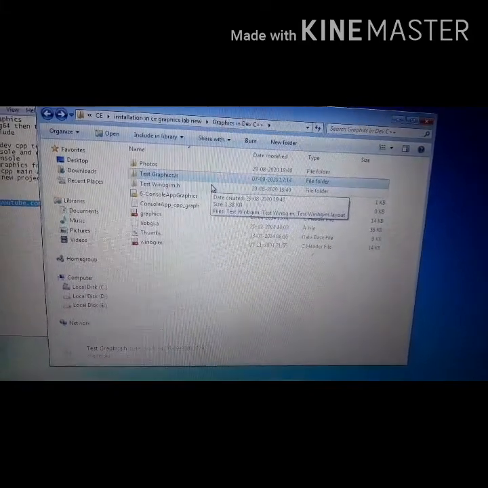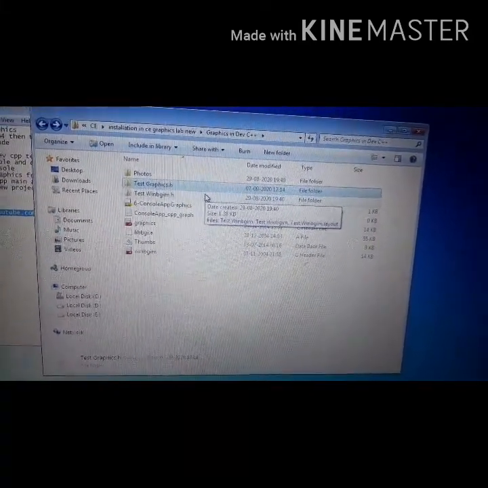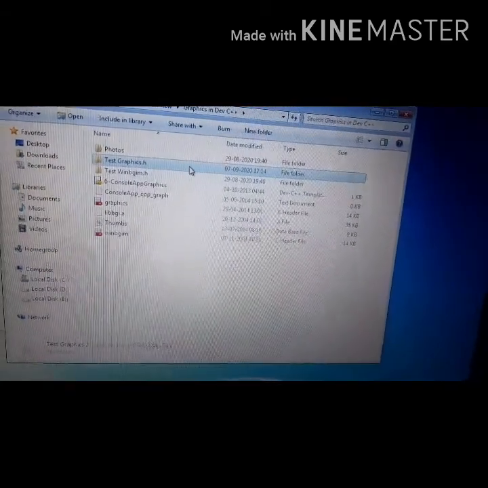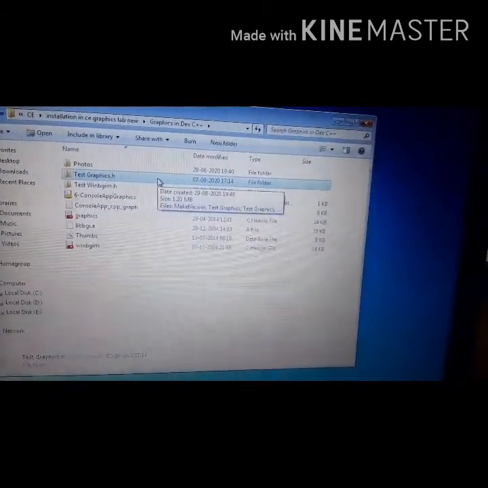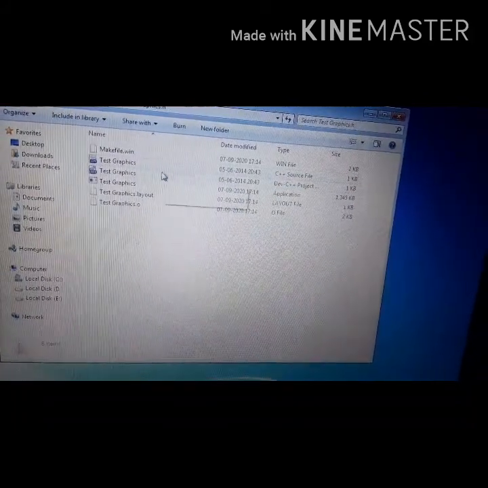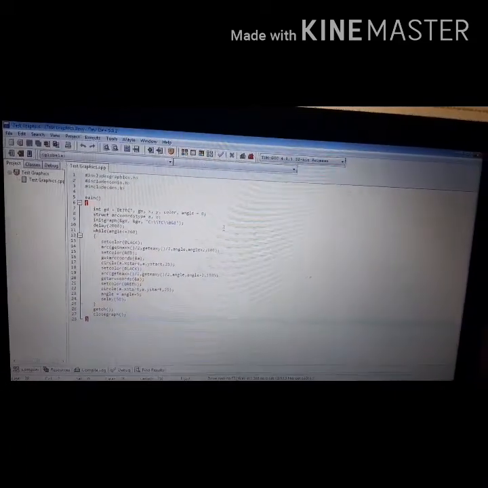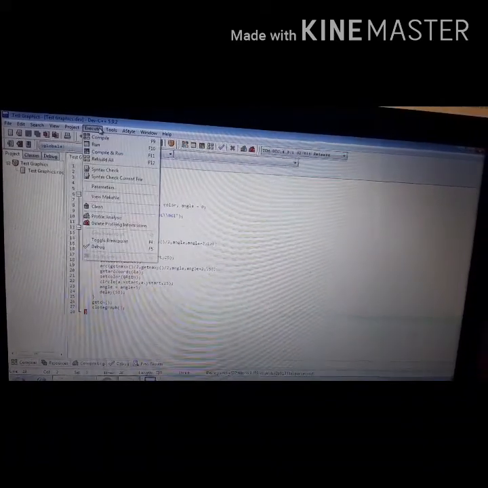Then we included the graphics and WinBGIM files in the respective include folder, and the libbgi.a file in the respective lib folder, and then the 6 console app graphics folder and the console app cpp graph text document are included in the templates folder. I have a test program for testing. So let's run this program and see whether it runs perfectly and whether we receive the output or not. So this is the program and I will compile and run.